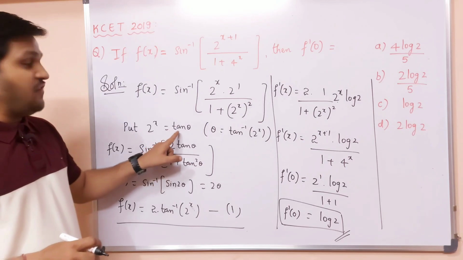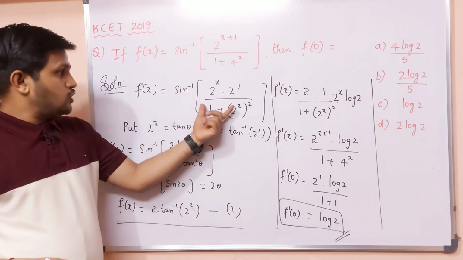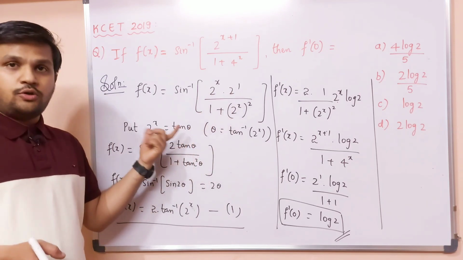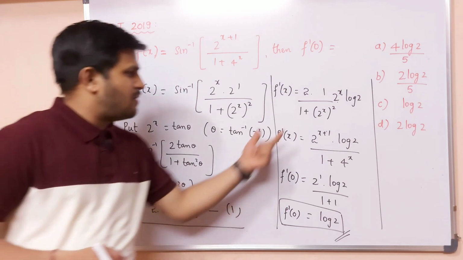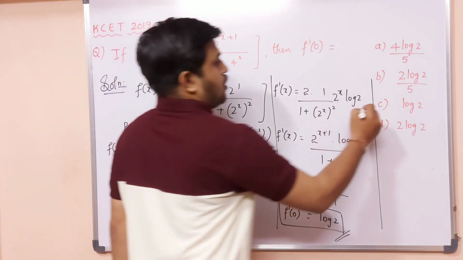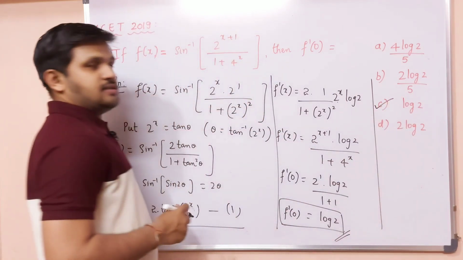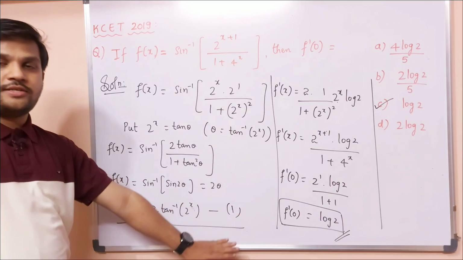First simplification by using substitution, because sin inverse is there, so that is how you need to understand what substitution we need to take. Once you understand this, rest all by using formulas we can do it easily. So which is the right option? Option C is the correct answer for this question. So note down this, very important.